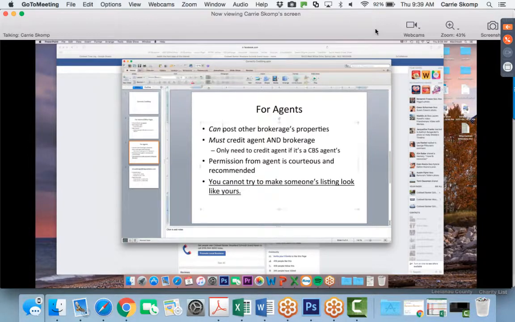You can post other brokerages' properties, but you must credit the agent and the brokerage. In certain states, it's legally required to credit the brokerage. So say, listed by John Smith at Keller Williams or something. It might not be that across all 3 states, Michigan, Ohio, Florida, but that is the rule for the company: if you are an agent sharing another brokerage's property, you must credit the agent